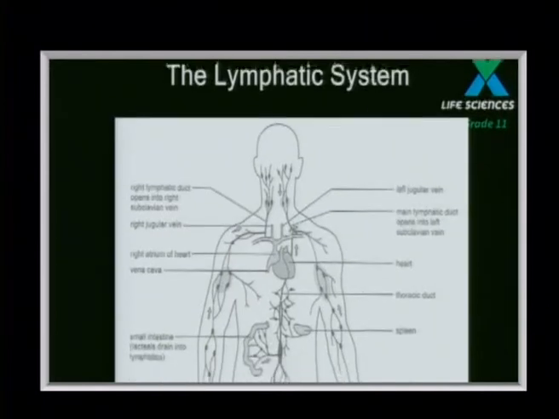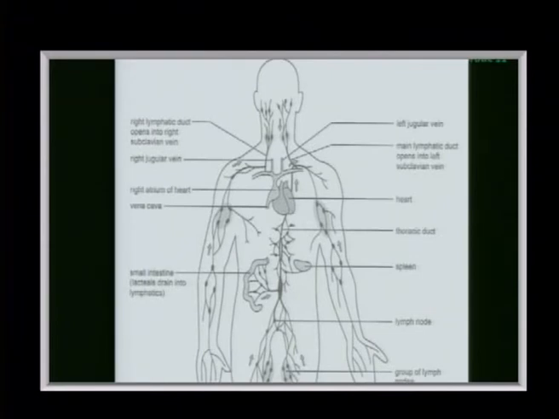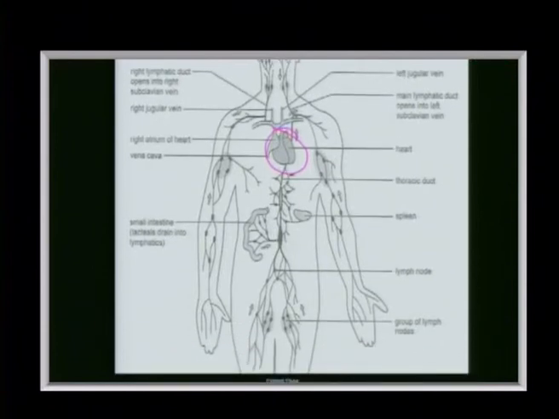Now, if we look at the lymphatic system, I've put this diagram into the sheets, all right? The most important thing you have to look at here is the fact that we have the heart sitting right in the middle, and the heart pumps blood. The lymph system is also a transport system. Now remember, the lymphatic system is going to carry excess fluid, germs, and fats